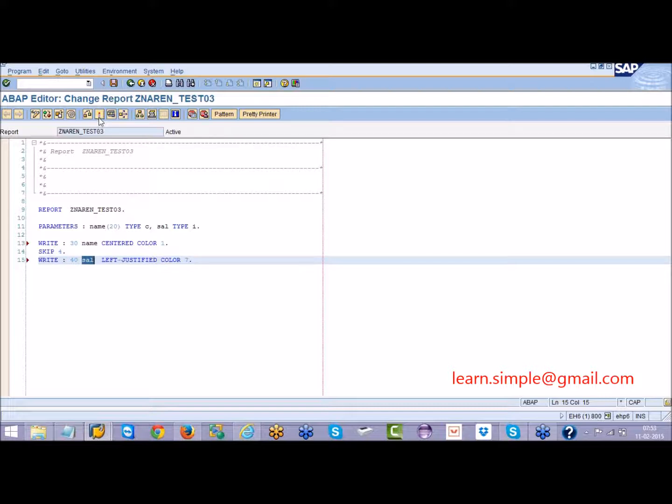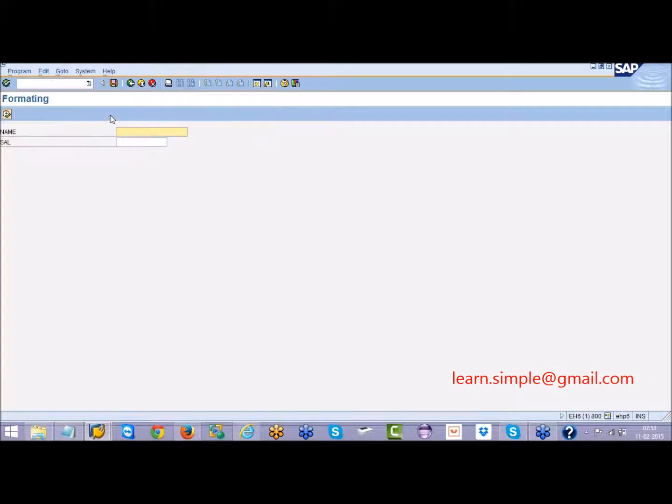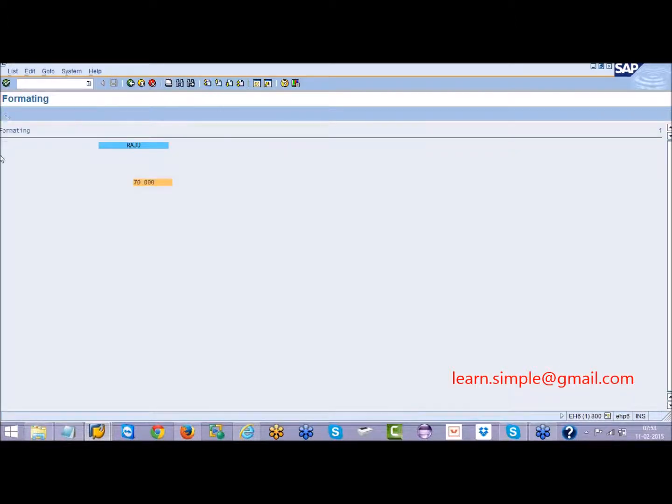Let us see how the output looks, what 30 means, what 40 means here. Here you can see a 30 spaces gap is coming up, and then this variable. Here you can see a 40 spaces gap, then it prints the number.